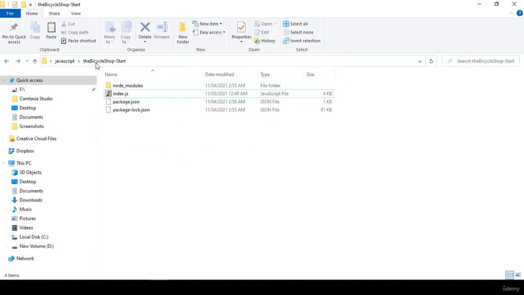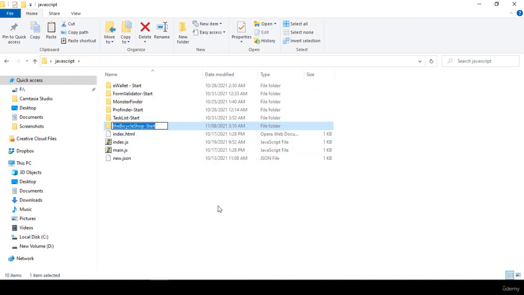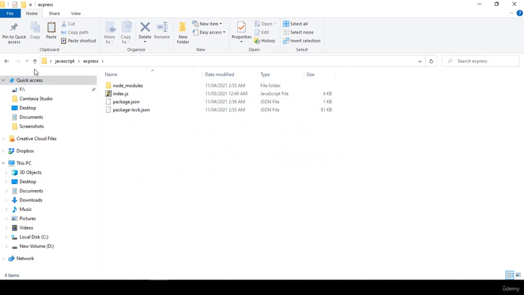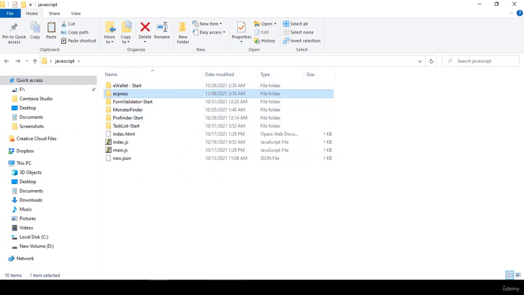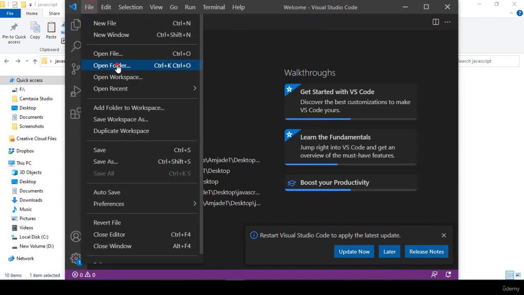Now I want to add this project again, and better, I want to change the name if I can. Better I make it Express. Okay, Express. Now I simply rename it, which is totally fine. Now this is the clean folder. I want to take this folder into our Visual Studio Code editor. Simply open this folder,